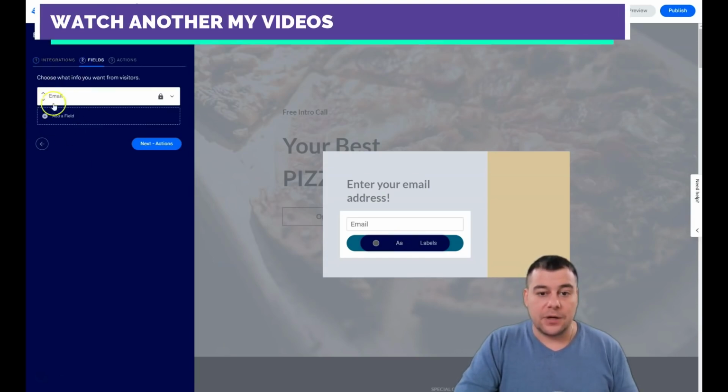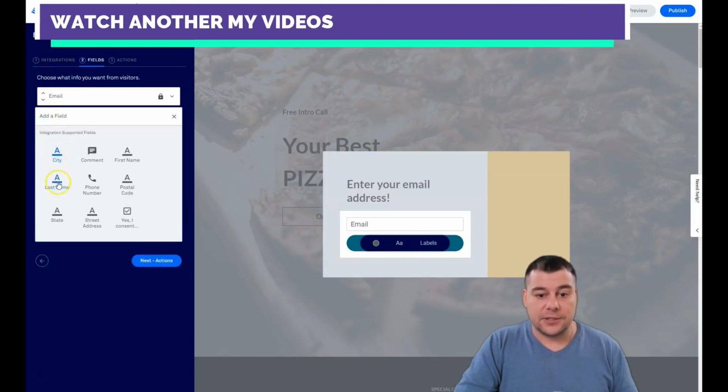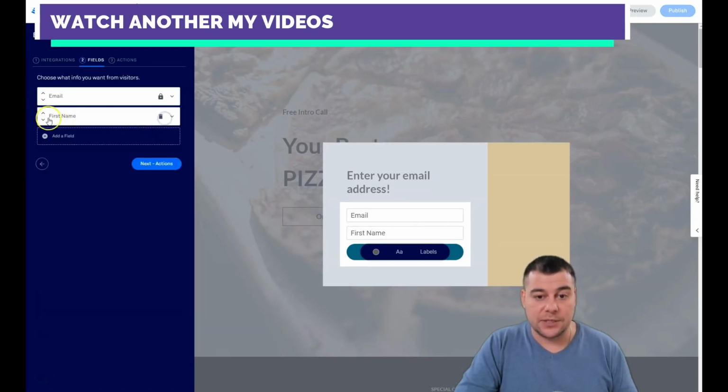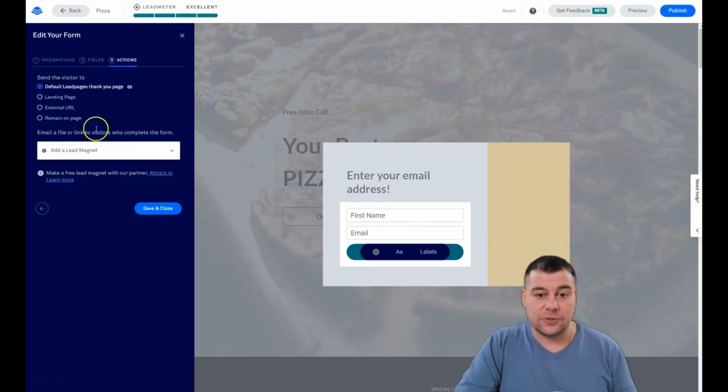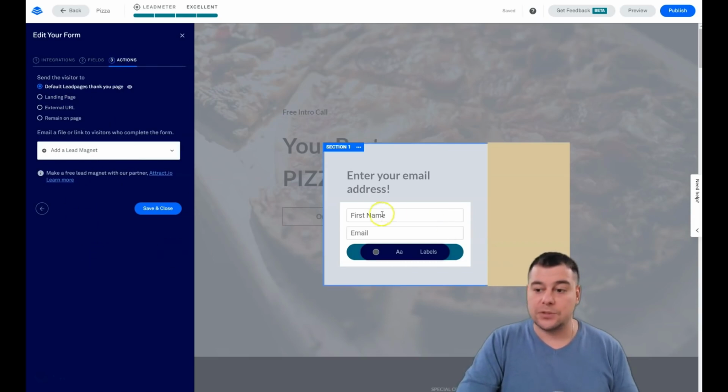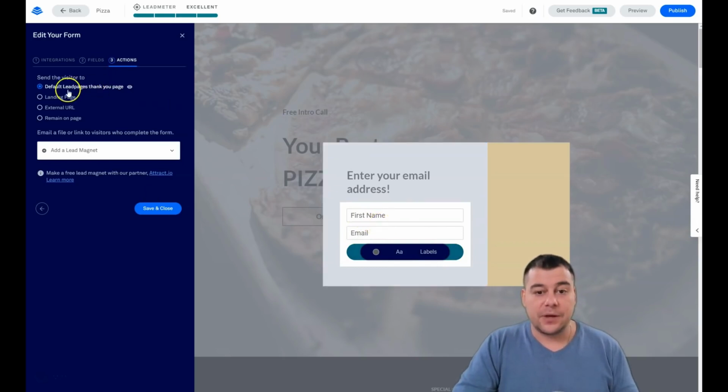Field, email, you can add a field like city, last name, state, address, and so on. We need the first name, done, and the first name will be the first in the list. And actions, the same thing as with the button, but what's going to happen when somebody types in their first name and email